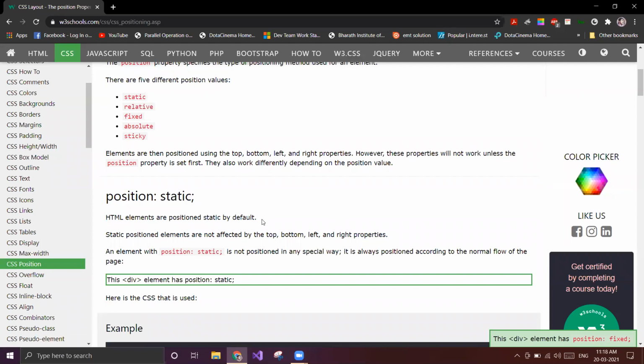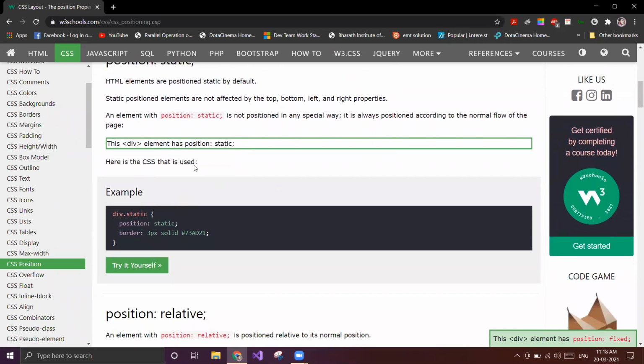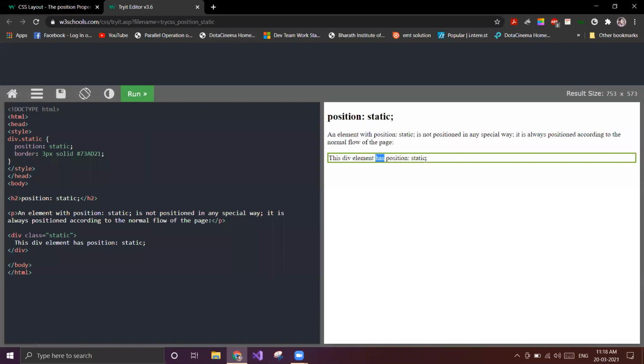It remains in the normal flow of the HTML page, and we can't change its position if we put position static. Here, this is a div in the normal flow of the HTML document. It is applied position static, but even if we don't apply it, it is still position static. By default, all the elements are position static.